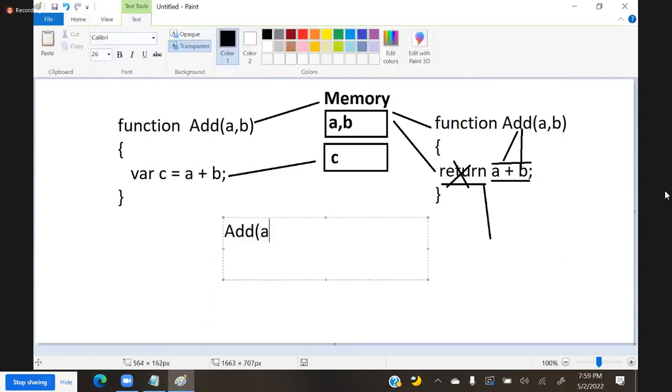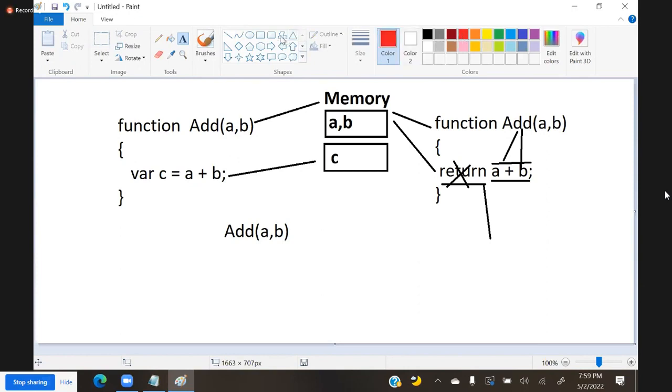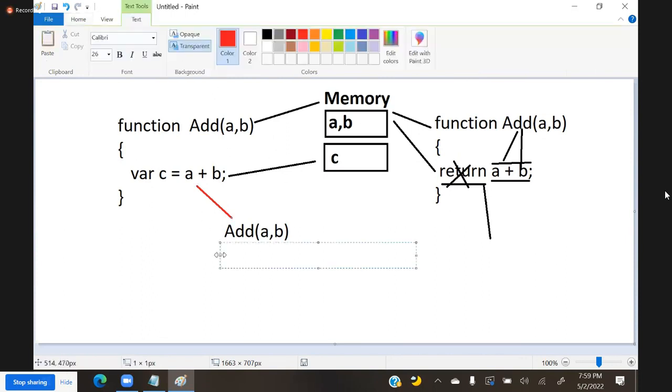We accept A comma B, and it will do the functionality. But where the result is present in C, we have to pass add 10 comma 20 and we have to